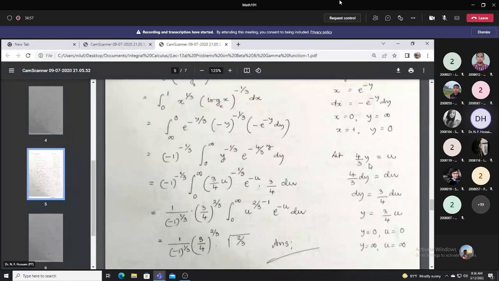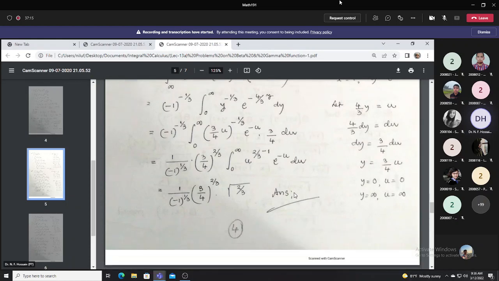And what about the limits? When y equal to 0, u is 0. When y is infinity, u is infinity. So no change in the limits. Y is 3 by 4 into u. Yes, 3 by 4 into u whole to the power minus 1 over 3 e to the power minus u, and dy is 3 by 4 du. Okay. So now